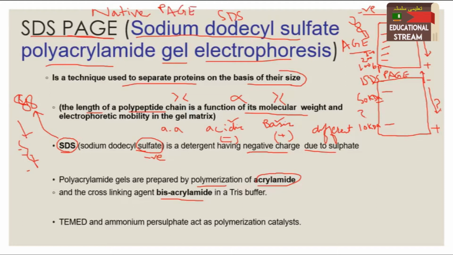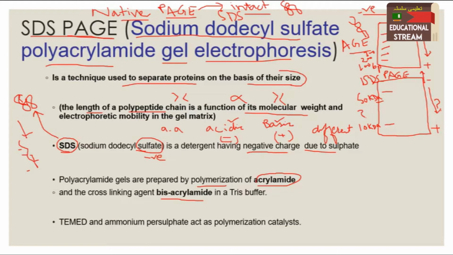according to the charge on the protein of interest. If we want to study the proteins in their intact form, where we don't want the protein structure to get disrupted or opened up, or, to use another appropriate word, denatured, because SDS causes the denaturation of the protein. If we want to study the protein in its intact form, with its intact structure like this one, then we will have to run the native PAGE.